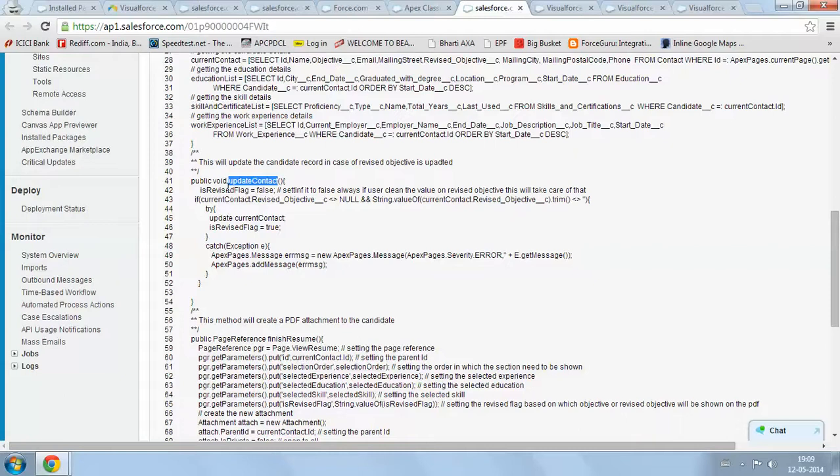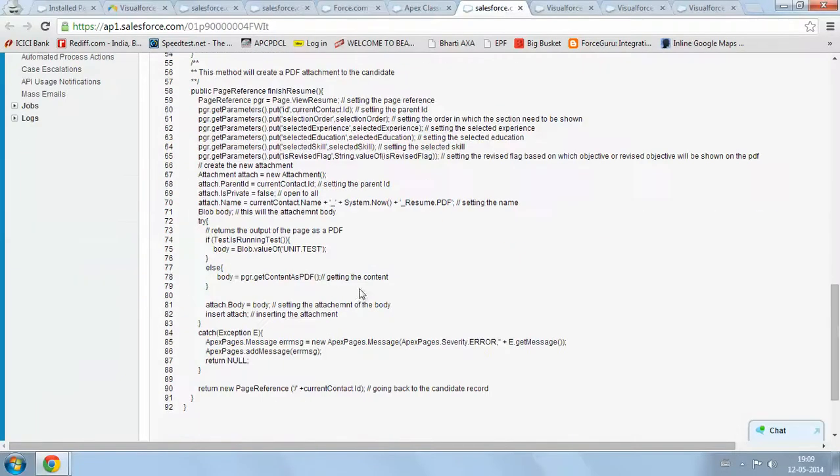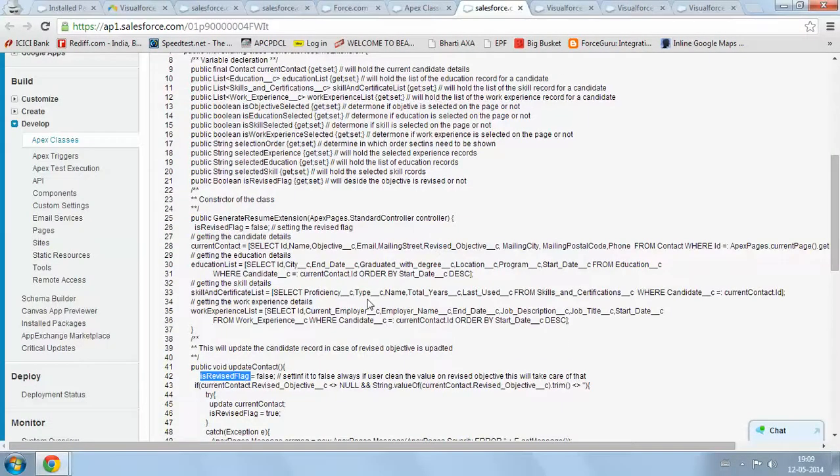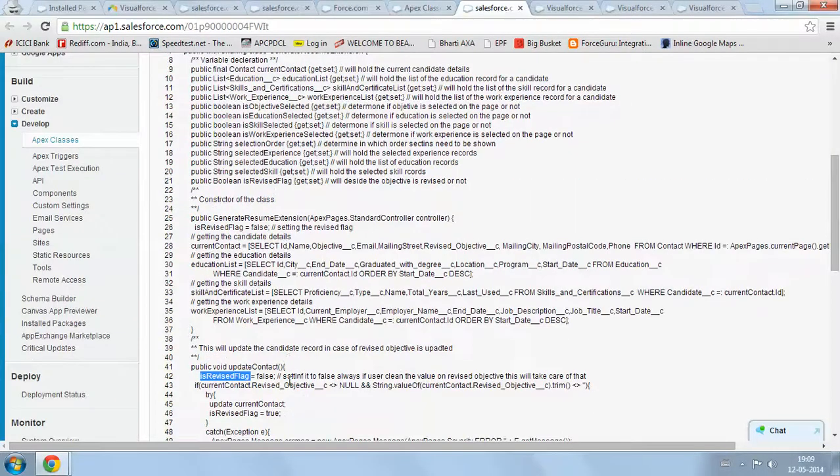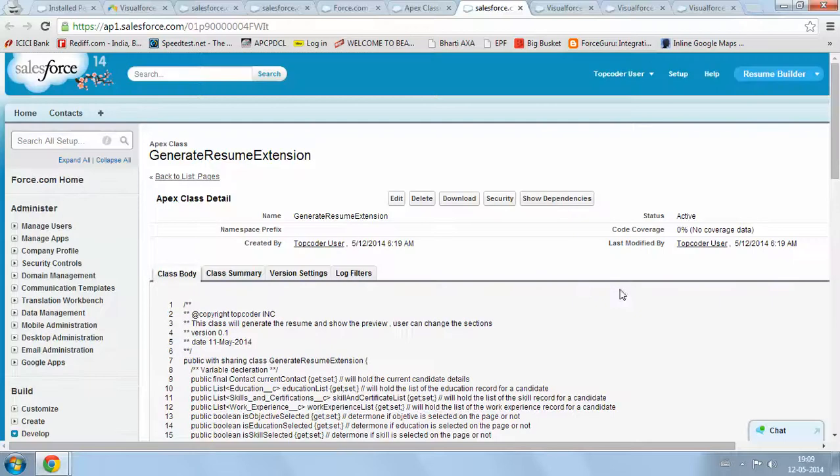It will set the resume flag equal to blank, so that you get to see that objective, but the revised objective will remain in the database. If the update fails, you will get another error message here. This is how the revised objective is taken care of.